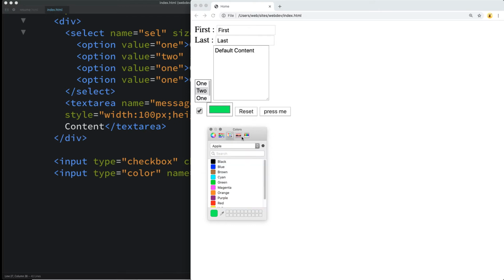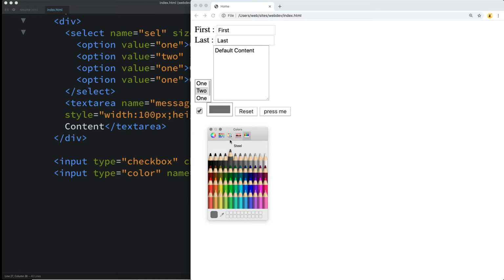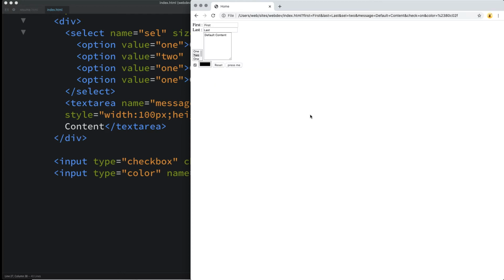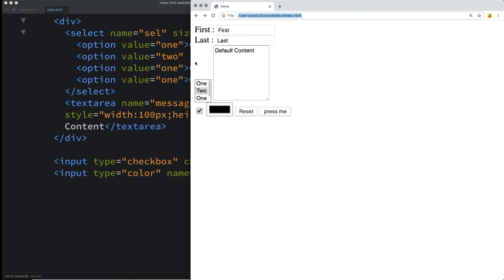You can get the named colors. You can also just select colors through the spectrum, through pencils, and then also adjusting the slider for the various RGB colors and so on, and it's building out hex colors. So we're going to be looking at more of this as we progress into CSS. But for now, it's just important to know that you do have the option to select a color within the color picker when you use the color type. And then you press submit, and the color gets passed as a hex value into the request URL.